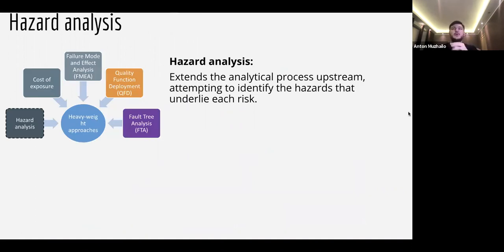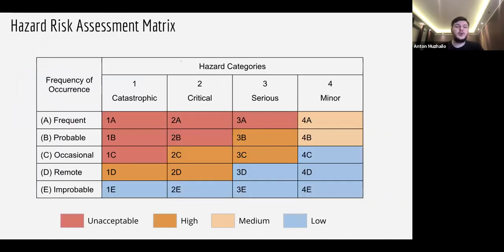For the hazard analysis, what is this all about? Hazards are something that follows the risks, right? Basically, it is something that underlies the risk. So a risk brings some hazards in the future. To define the hazard, we need to define the risk first. So in hazard analysis, we are not only defining the risks, we are defining the hazards that underlie each risk. What does it mean? For example, we can also classify those hazards. What could hazards be? For example,